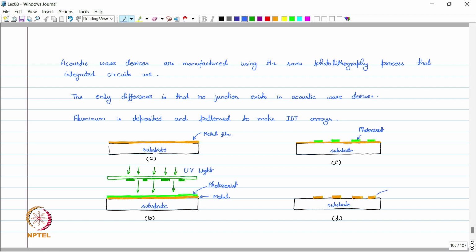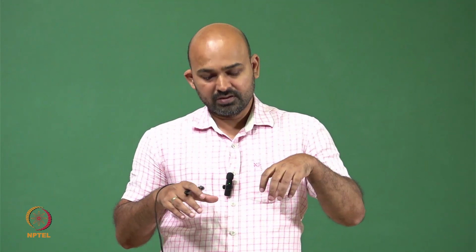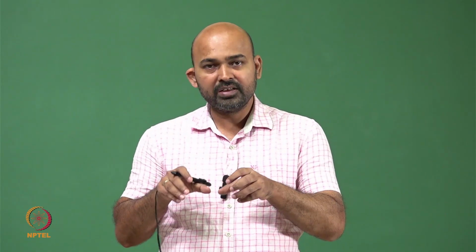This is the metal IDT structure. As we can see, we start with a substrate and put the metal on top of it by deposition. Then we use photolithography using the mask. We transfer the pattern on the mask to the photoresist, and that photoresist will be hardened in that area as